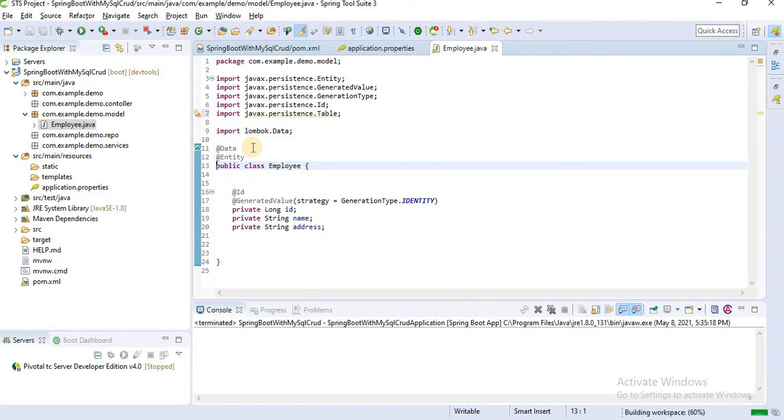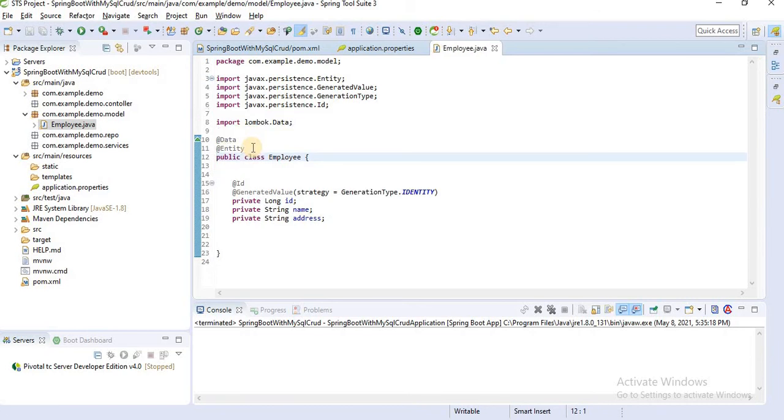We will see all the annotations in the next video. So the agenda of this video is only to create the CRUD operation.